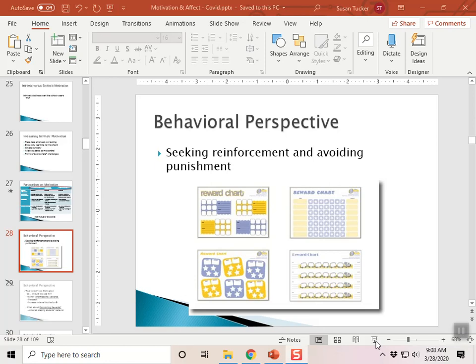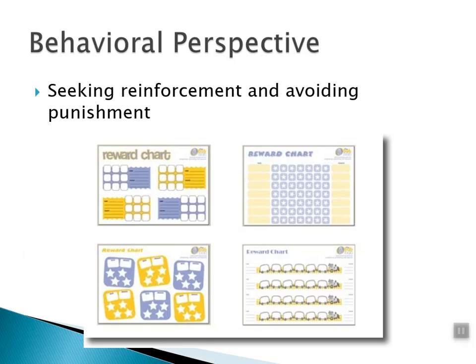So this section is about the behavioral perspective of motivation. Believe it or not, you already know the basics of this because it's based entirely on operant conditioning. So the behavioral perspective is the idea that providing reinforcers is what is motivating, and we're also motivated by trying to avoid punishments. And you all know that that makes a lot of sense.